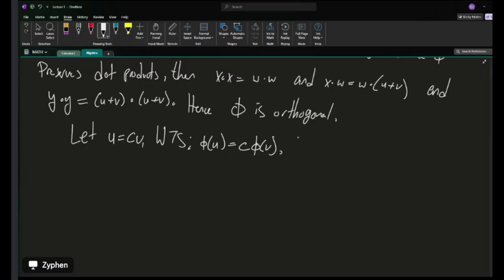If we let x is equal to cu, so we're going to redefine x, and y is equal to phi of cv,